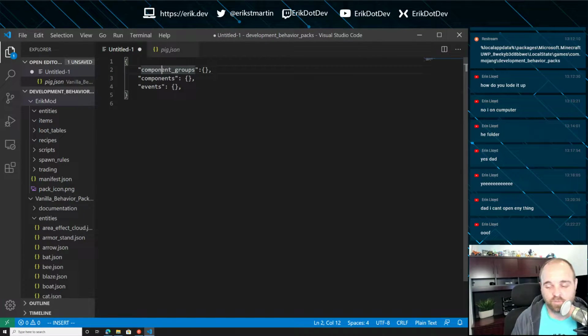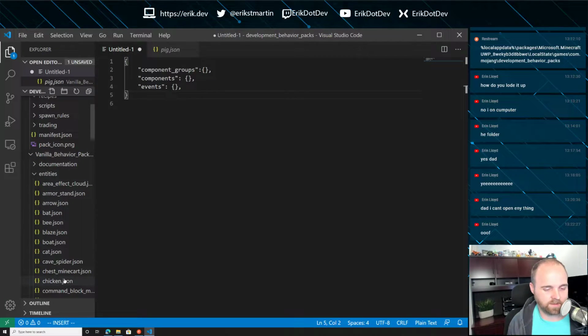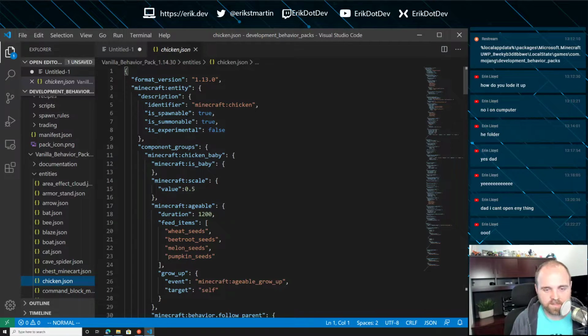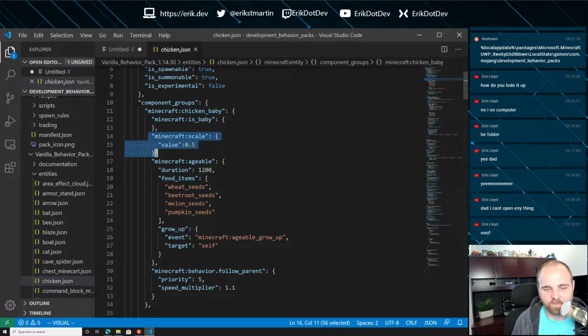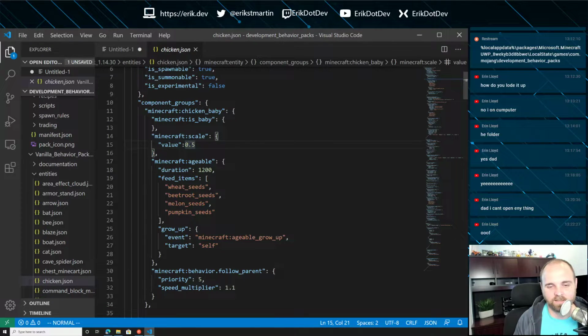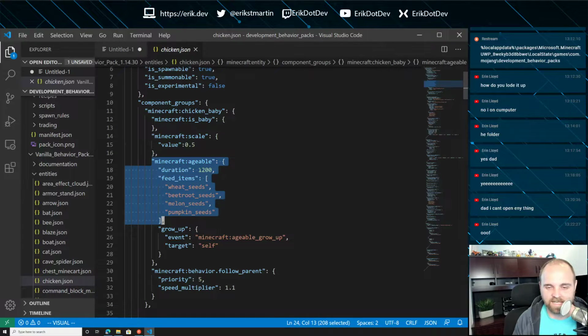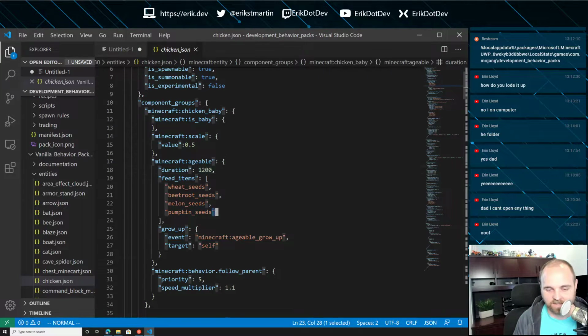Now we have component groups. And a component group is a way of collecting components so that we could put, let's look at a chicken. A chicken would be a good example, right? So we've got a component group we just called is it a baby? And then we have a component called scale, setting the size of this baby, and this is basically setting the baby to half, giving it a component that allows it to age, how long it takes to age,